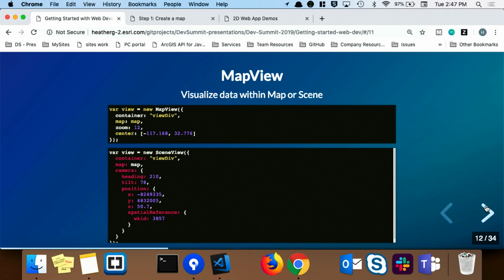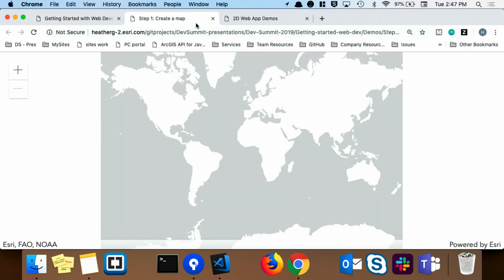All right, so one other thing I wanted to show you here is if we go back into this application, again, this is a little trick that I like to do. You probably don't want to start your application or your map at the full extent. You have your base map here, it's zoomed out to everything. So a little trick that I like to do to get the extent or to zoom into a specific location,